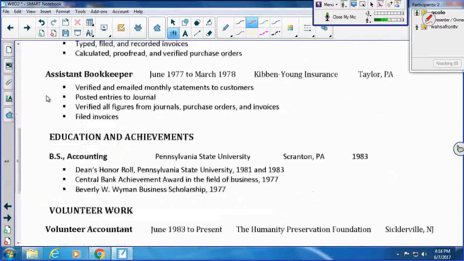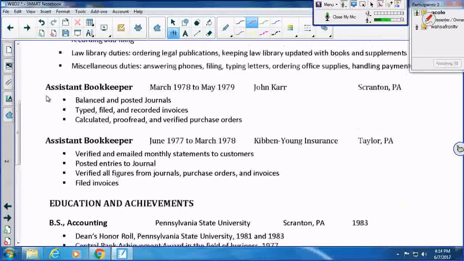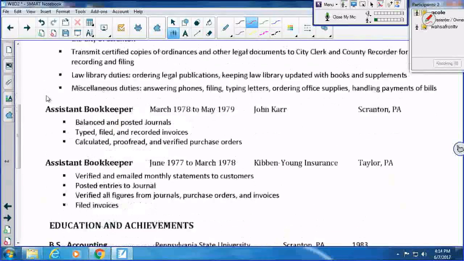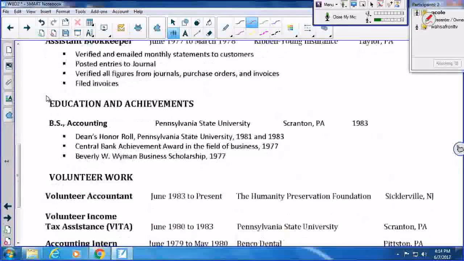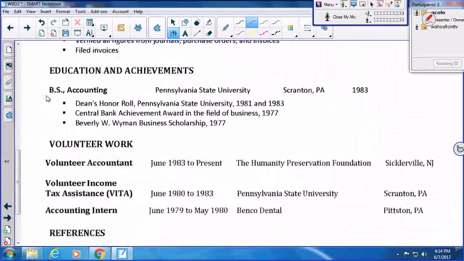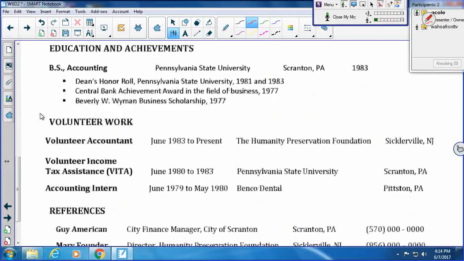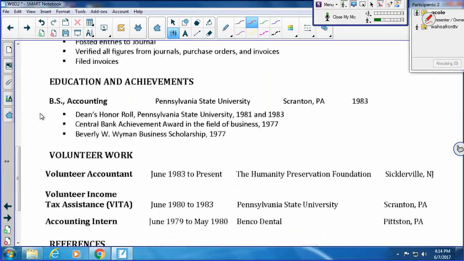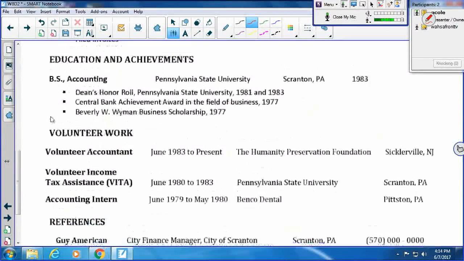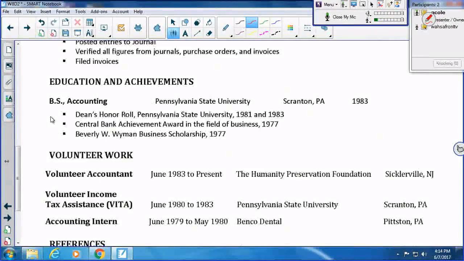So you can look at these, right? There's 2 other job positions here. You definitely want to list 3 for the assignment. And then you also should be listing at least your education. So if you're a current WASA student, then you can say that you're currently attending. And in my example on Monday for writing a resume, I'll explain that in more detail: how do you add your education if you're still a student?